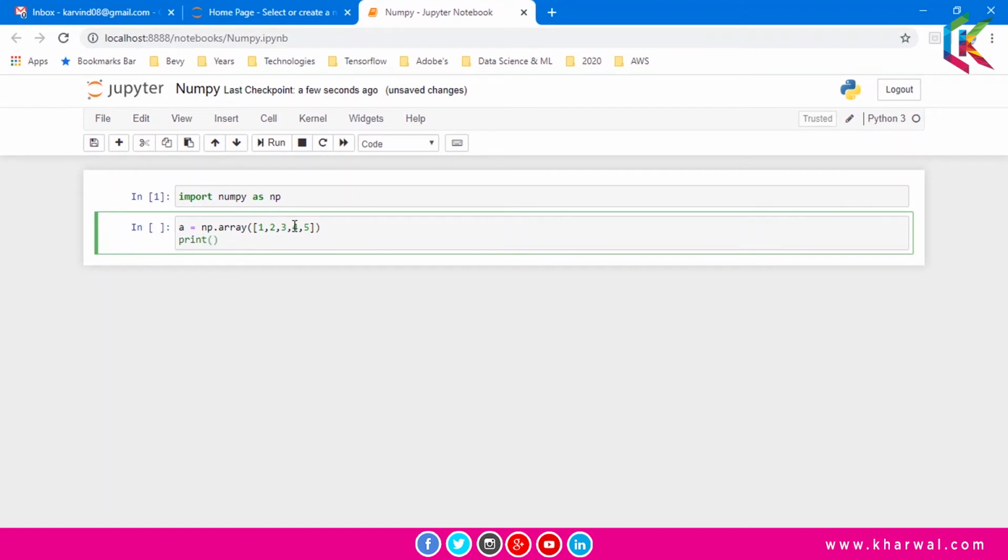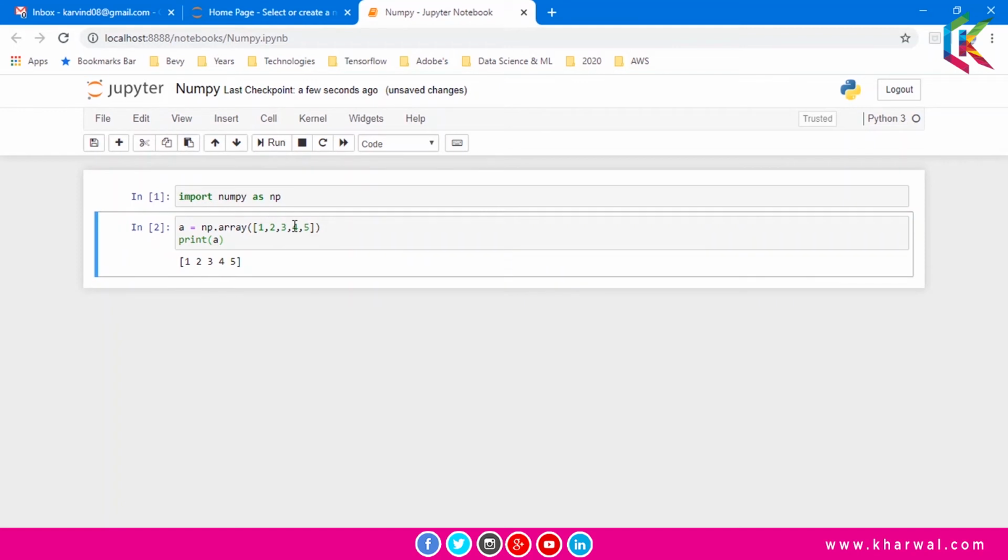using this print function. Now if I run this script, it will give you a one-dimensional array 1 2 3 4 and 5. And now guys, I'm going to find out the sum of all these elements from the array A by using the sum function. So let's use this sum function.